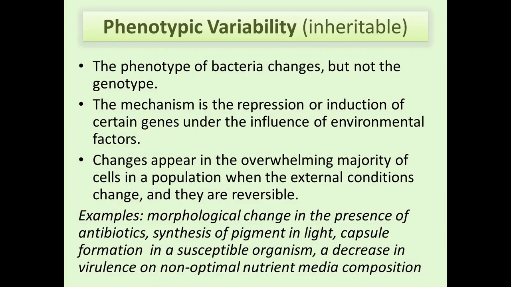And there are a lot of examples of phenotypic variability in bacteria. It may be morphological changes if we cultivate them in the presence of antibiotics, especially antibiotics affecting the production of cell wall, production of peptidoglycan. Under this condition, the rod-shaped bacteria may become spherical. But if we re-inoculate this changed microorganism to fresh nutrition media without antibiotics, they restore their normal morphology